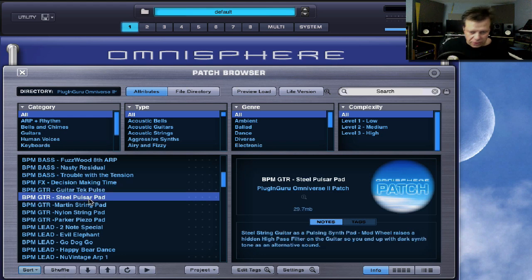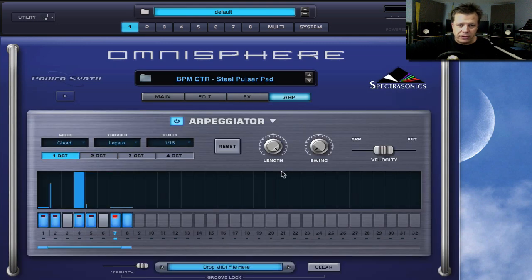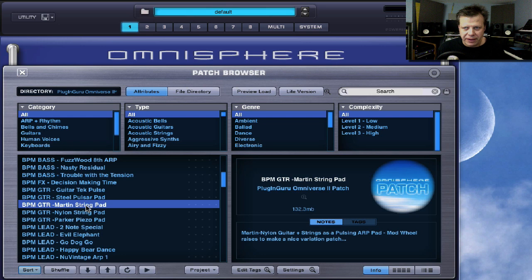So there's that. There's steel pulse. And this, again, since it's an arpeggiator for this one, you can, and each one's kind of got a different vibe to it. So this one's